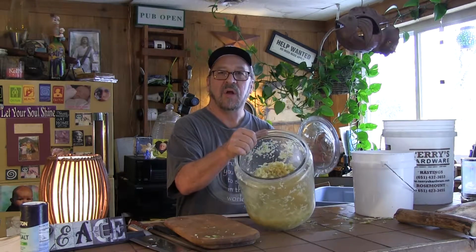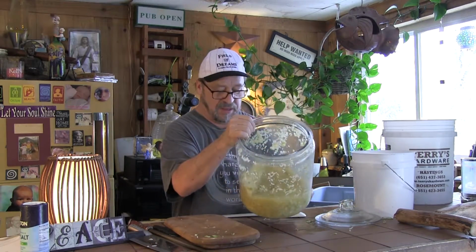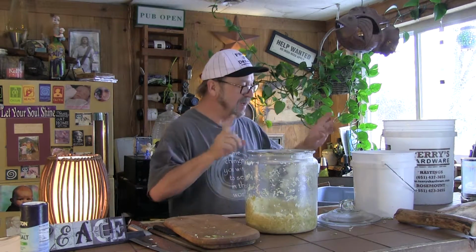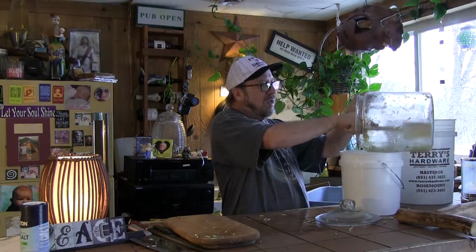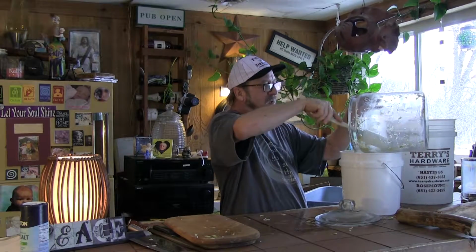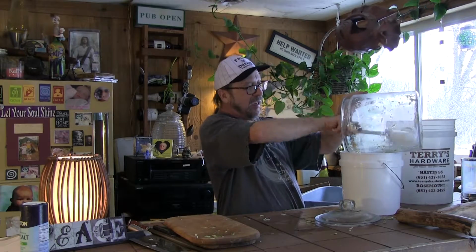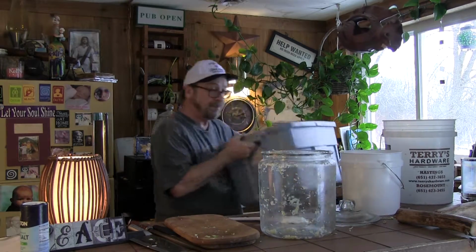So this is what good finished kraut, 3 months old, looks like. And it is so good. But I've got to take this out now and put it into a bucket. So, ooh, sorry about that. I'm going to pour some of the juice back in on top when I start it. It kind of inoculates it, gives it a real good boost to start off with. So when I dump the cabbage into here,